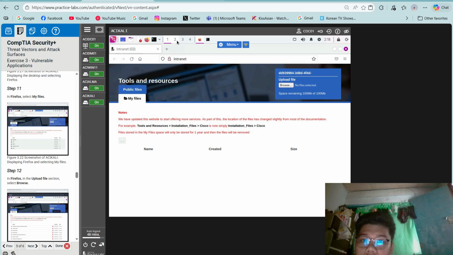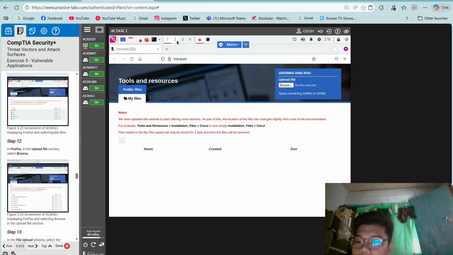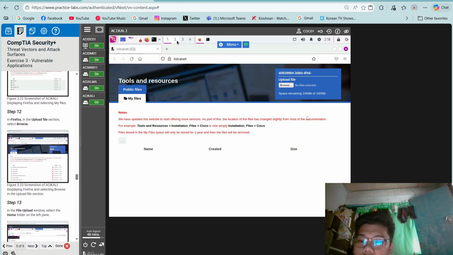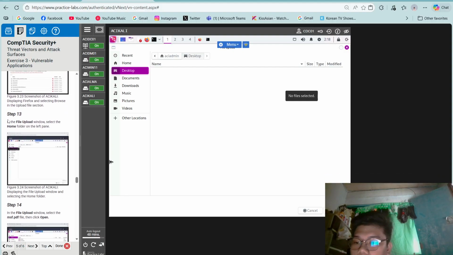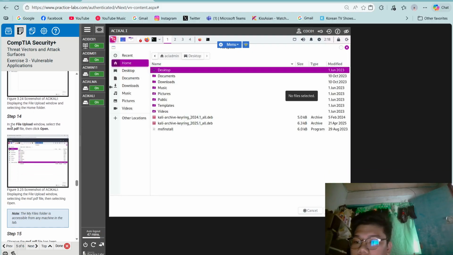In the Upload File section, select Browse. In the file upload window, select the home folder in the left pane. Then in the file upload window, select the msf.pdf file, then click open.